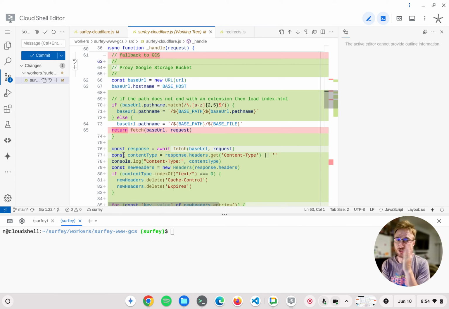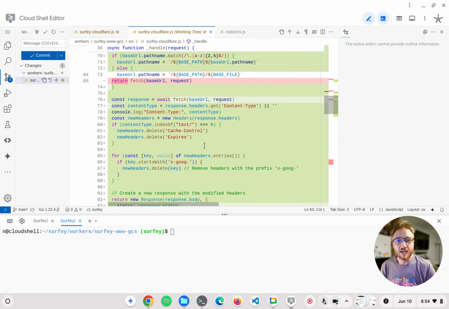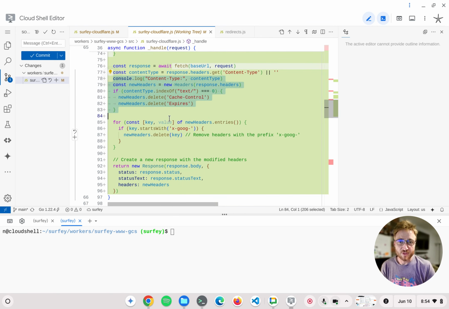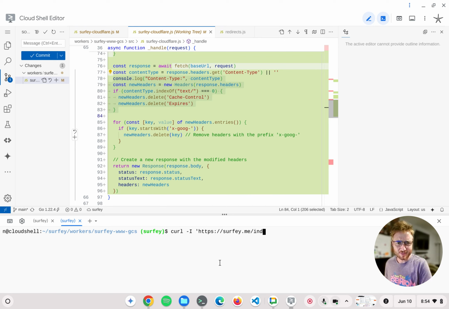That allows us to use paths that are just slash, the root path, and we want it to actually load the index.html document, which is where the Flutter app is. On top of that, I removed the cache if it's a text document, and you can see this work. If you do curl and not go.surfey, it's late. Give me a break, all right? If we do that,